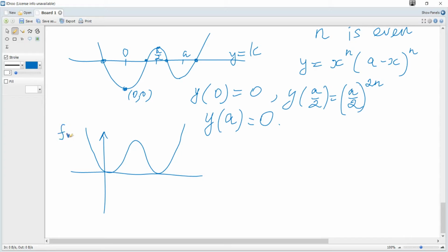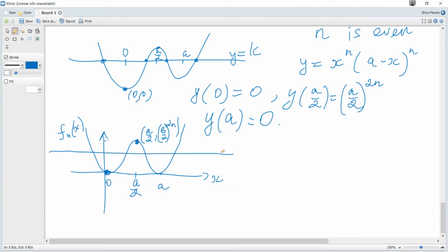So it's fn of x, it's 0, a over 2, a, and this value y coordinate is a over 2 to the power of 2n,